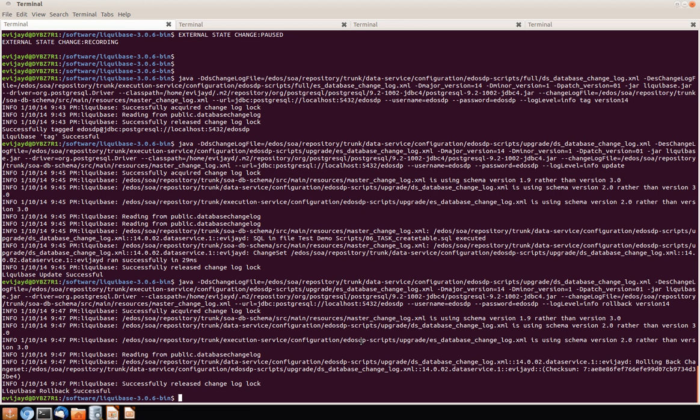So what we have seen now is just like creating a patch for a bug fix. That is the demonstration we have seen. When an end-to-end team raises a bug, how to give a fix using liquibase is what the demonstration shows. So all you need to do is create a change set. If the component is an old component, let's say data service and execution service, I already created the change log files for you. So all you need to do is create a change set,